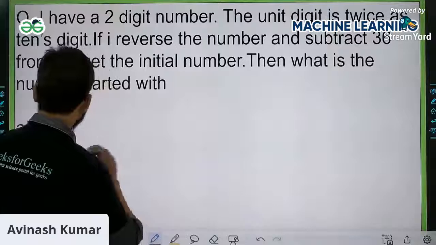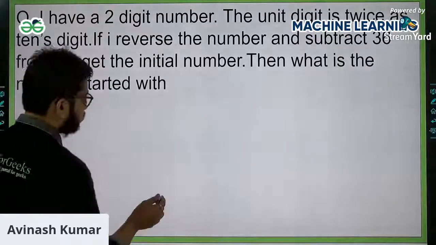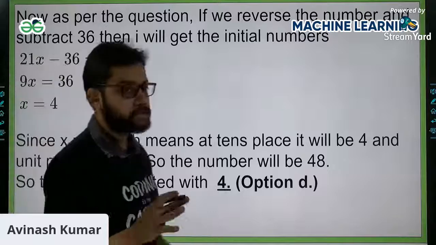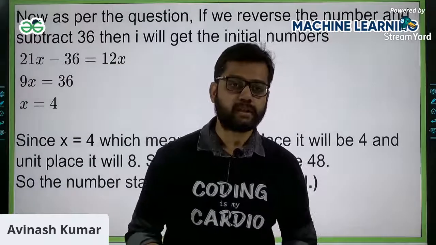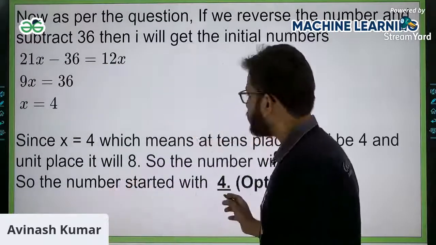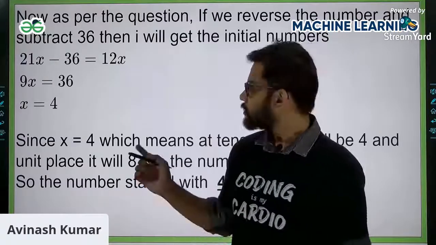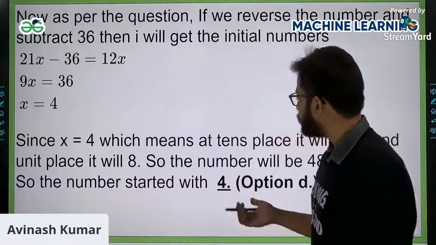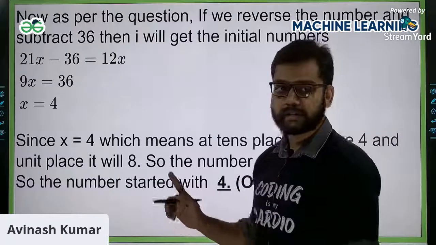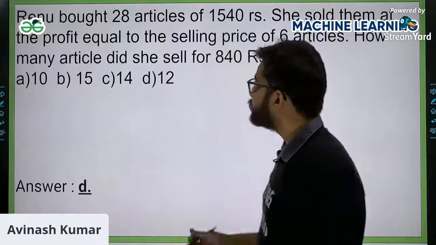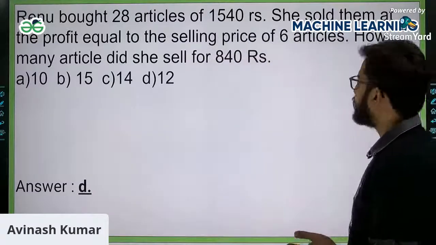In this question, they give you something, you have to go through it and solve it, but they ask something which is very tricky. You find the answer as 48, but you don't find any option which has 48. So in the end, we have to understand that we need the first digit of that number. Now let's move to another one.